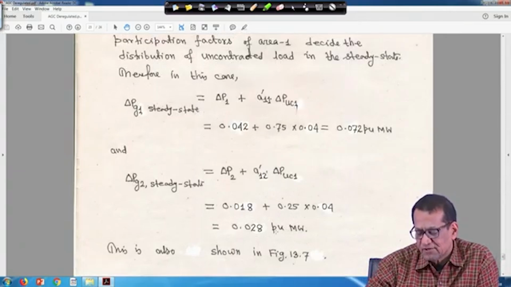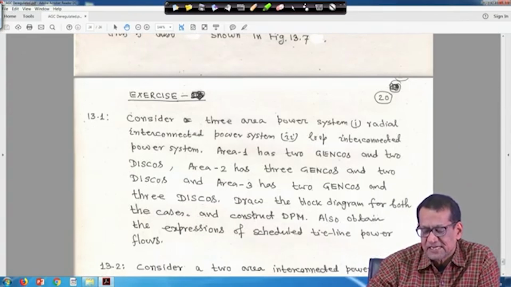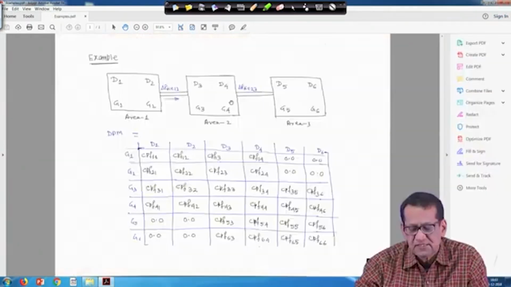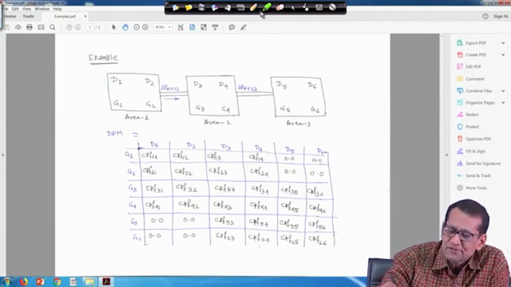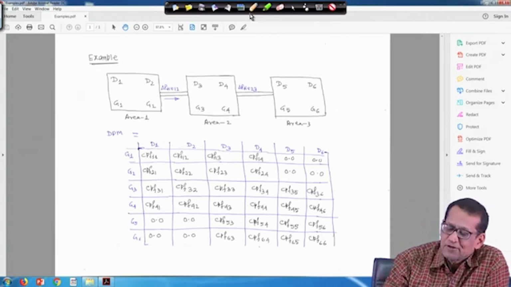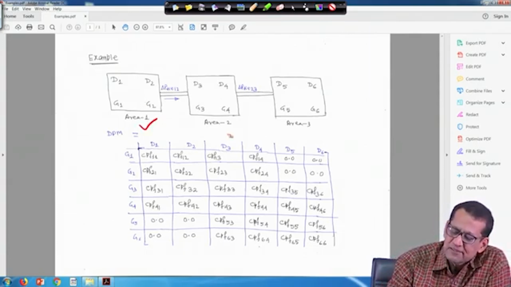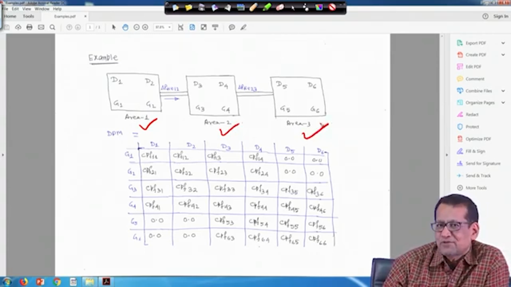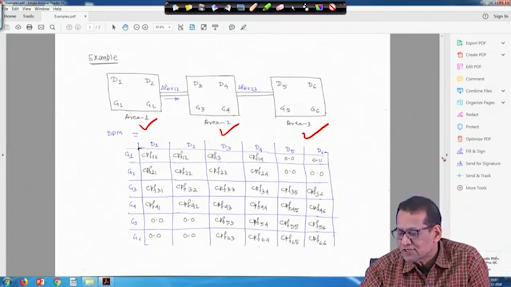So, this is one thing, and for this exercise 2 problems are there. Before coming to exercise, I will come to one problem. Now, suppose you have a 3 area system. This is called a longitudinal system. That means no loop. Actually, this is area 1, this is area 2, and this is area 3. And just for the sake of our analysis, we have taken,